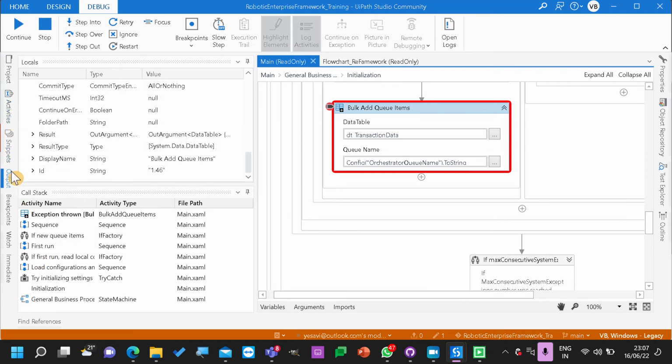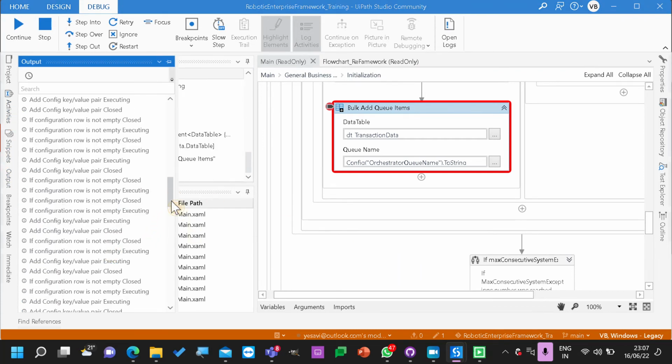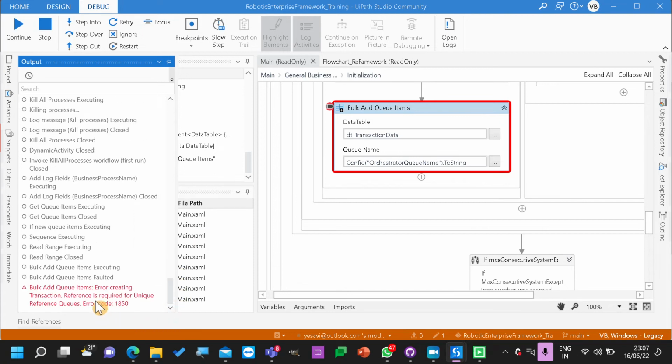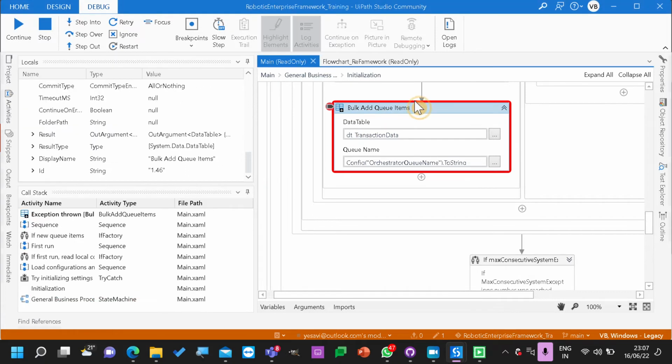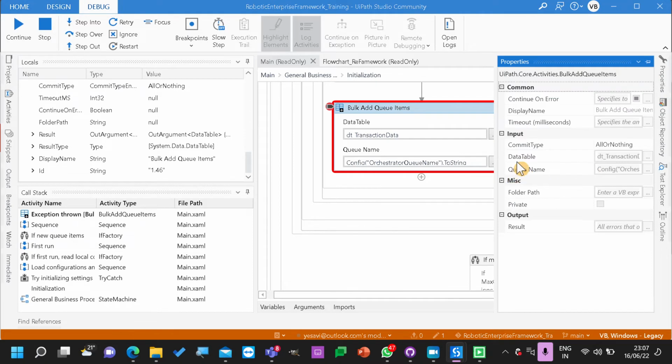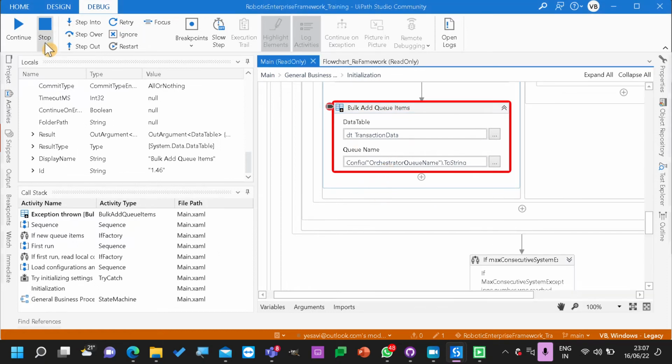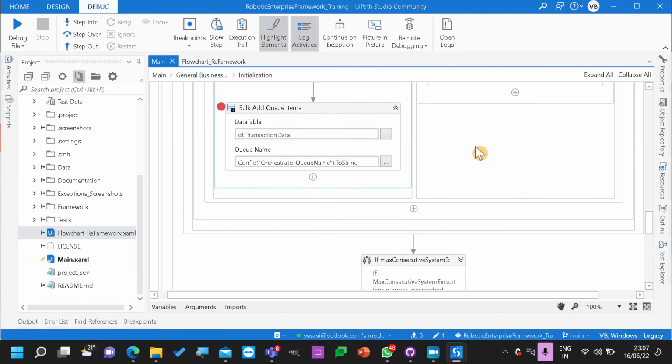Why did it fail? References required for unique reference queues. So using bulk add queue items, if you see in the properties, all we are sending is a table and the queue name. Other than that, we are not sending anything. But if you are using unique references, you need to send every item with a reference. So how can we do that?